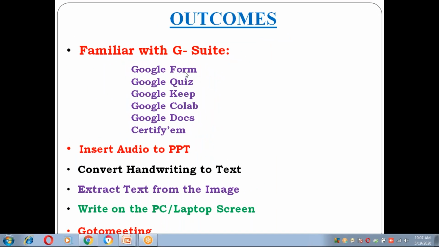In continuation with the Google Classroom, I am now extending my session to Google Form, Google Quiz, Google Keep, Google Colab, Google Docs, and Satvai EM. Why did I choose these particular softwares? Because they are very useful in online teaching. So now let me start with the Google Form.